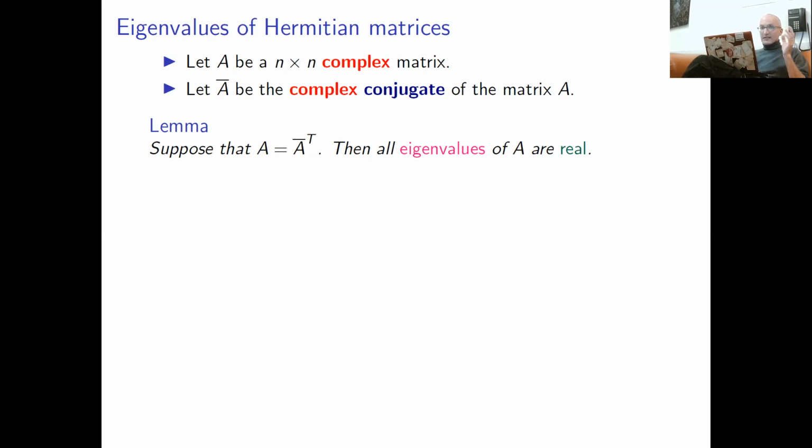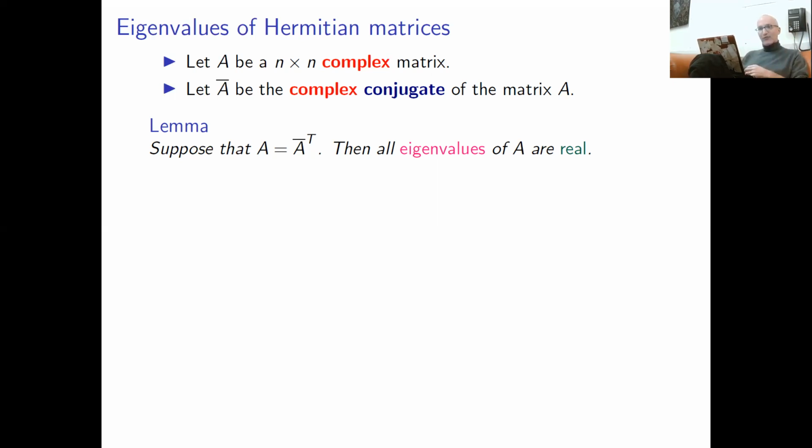This is a fantastic result, and the corollary of this result is that all eigenvalues of symmetric matrices are real, which is absolutely not obvious. My advice: prove it for a 2 by 2 matrix. Take a 2 by 2 symmetric matrix, A, B, B, C. You get a quadratic polynomial. Prove that all its roots are real if A, B, and C are real numbers. This is not obvious, but of course you can use the formula for the quadratic, and you get that the discriminant is positive, and end of game.